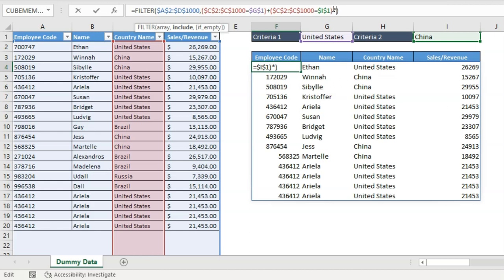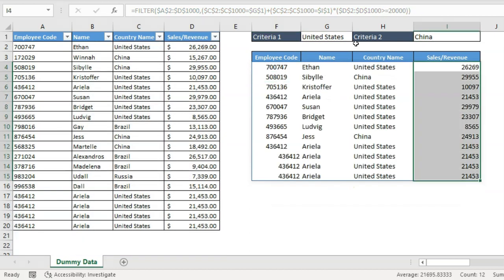I will be using the same range. Let me put it here, and here I want to use like D2 because my sales revenue is in the D column. So let me put D2 to D1000, and here I want to put like 20,000, and I want to check if it is more than or equal to. So here you can see if greater than or equal to sign, if you want to use, you can use that. So I'm checking either of these conditions true, and then it should be checking whether this condition is also true. In that case, only those values will get filtered out.